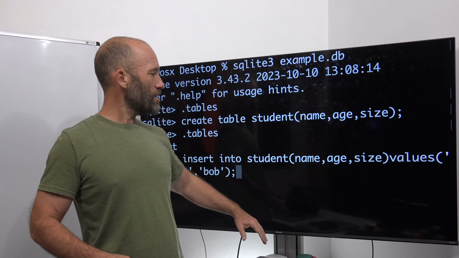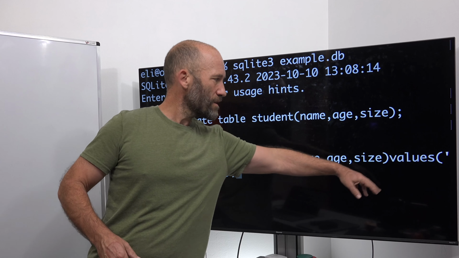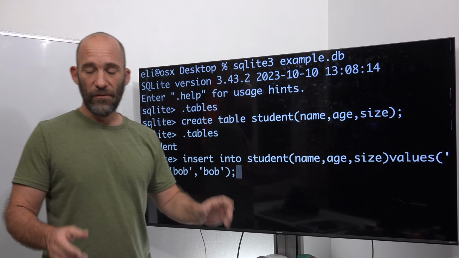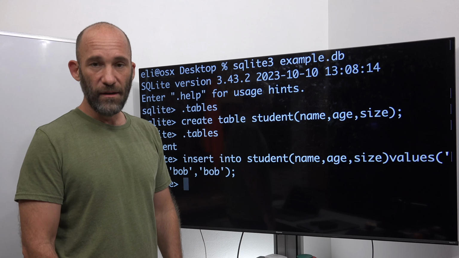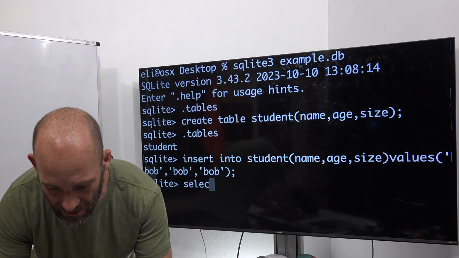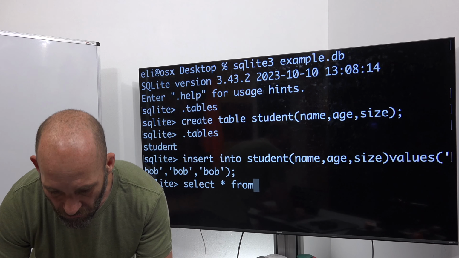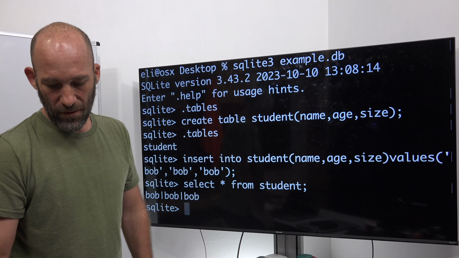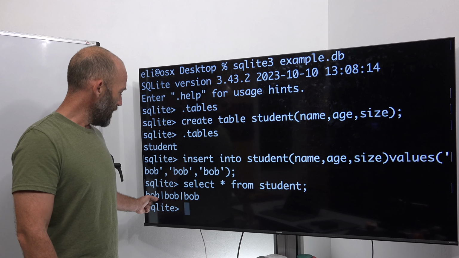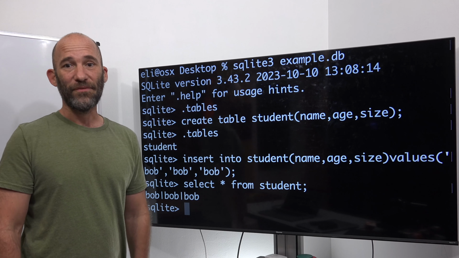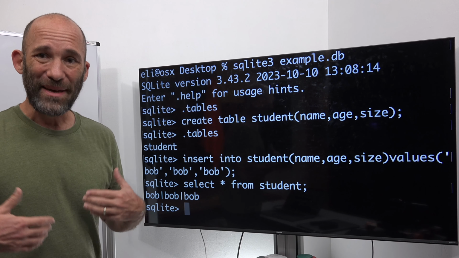So insert into the student table, name column, age column, size column, values. We're going to put in Bob, Bob, and Bob for everything. I'm then going to hit enter, and you're going to see there was no error there, right? If I do select all from student, and then I hit the semicolon, we're then going to see Bob is there for name, Bob is there for age, and Bob is there for size,